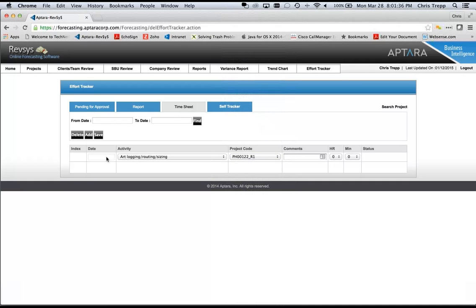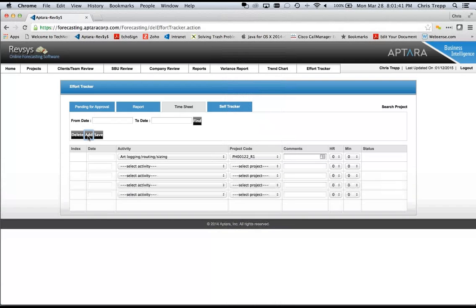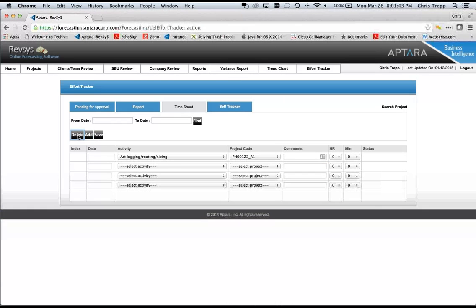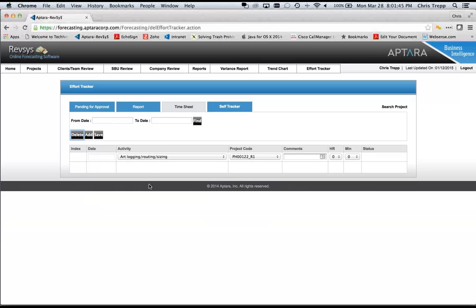So to enter your time, you can add as many lines as you like. To delete, hit the delete button. It's always going to delete from the bottom unless you've saved entries and you're going back to edit, which I'll show you in a moment. First thing you do is enter the date,